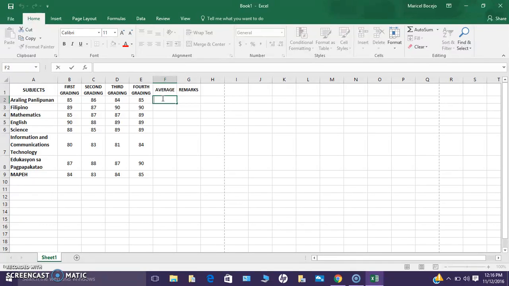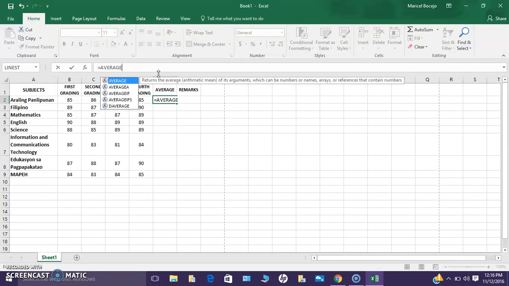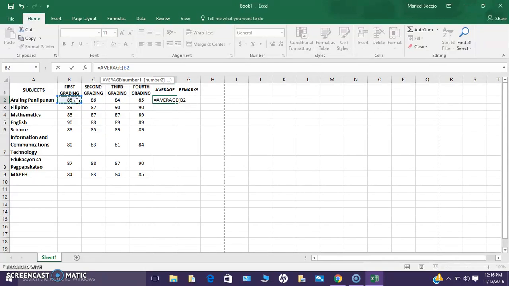In getting the average, just make a formula. So this is a formula. And enter.